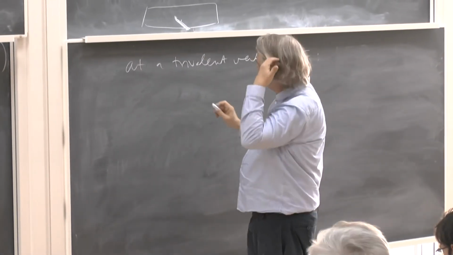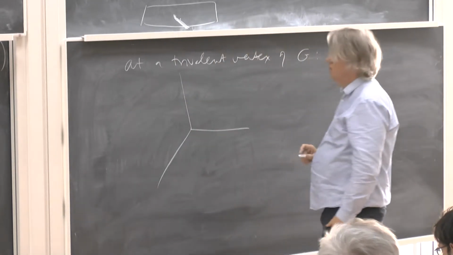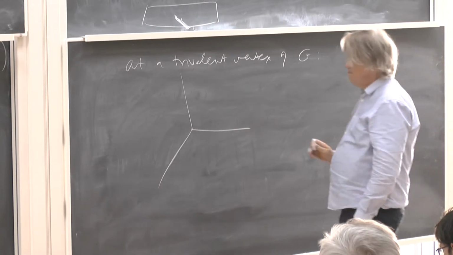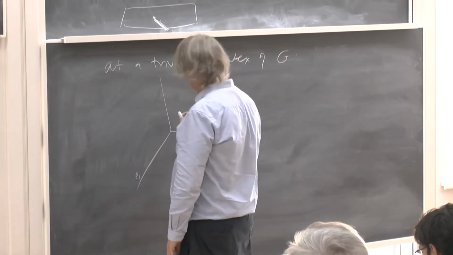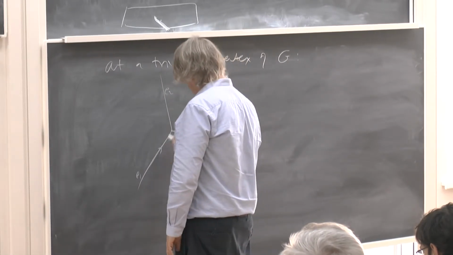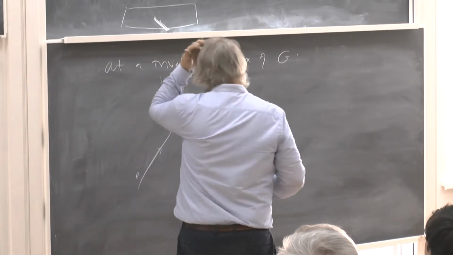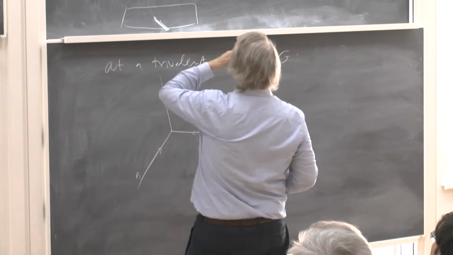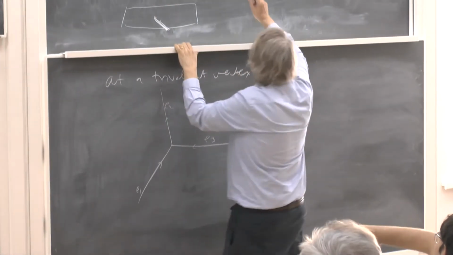So at the trivalent vertex of G, let's call the edges E1, E2, E3. Let's orient them this way, and this way. So we're going to have associated to these edges... Well, what I should say here is that the first condition for being a section is that A of X